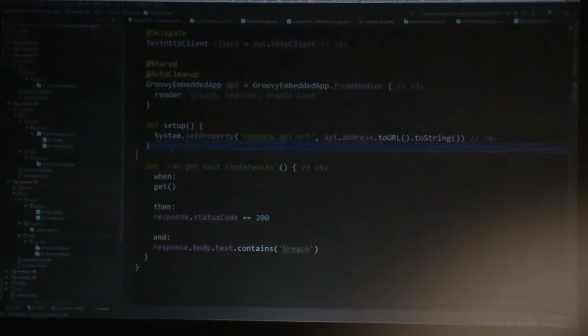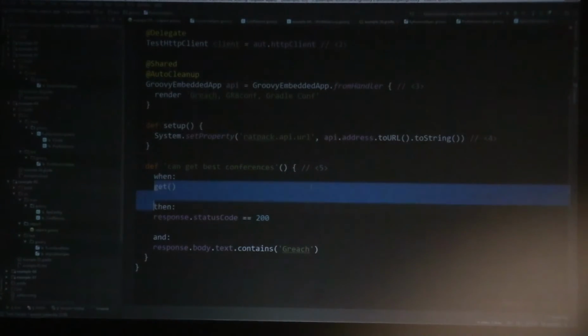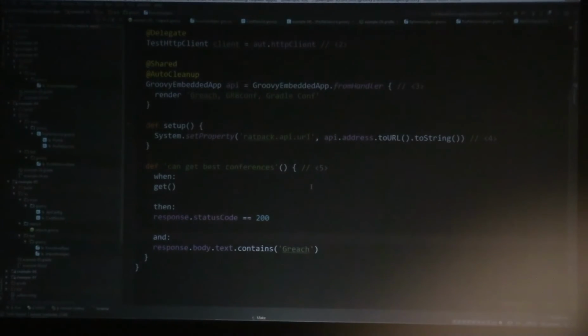In the setup phase of the application, we're going to set a system property. We're feeding this in so that when the Ratpack application starts up, it's going to get the address of the second Ratpack application that we set up. So we're using Ratpack to test our Ratpack app in a way. And because of delegates, when we take a look at the actual test code, come on, that reads really cleanly. And just to show that everything's running and working,